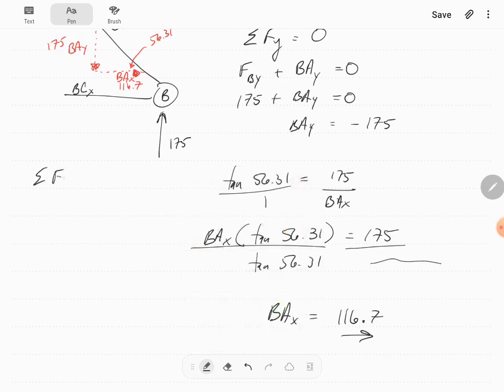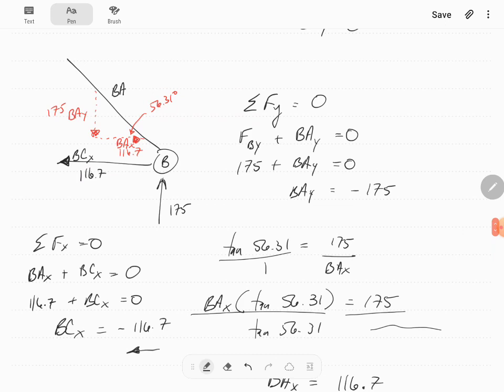So sum of the x forces must equal 0. I have a BAX that I just found out and a BCX that I'm about to find out, and those add up to 0. This is 116.7 plus BCX equals 0. Cross the line, change the sign. That means it's negative 116.7, and if it's an x force that's negative, it points to the left. So lo and behold, we finally got another piece of information right here. It points to the left at